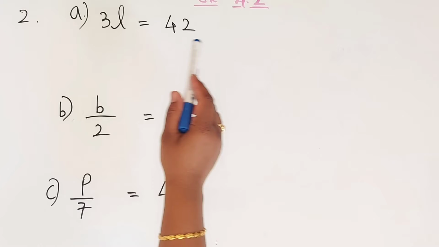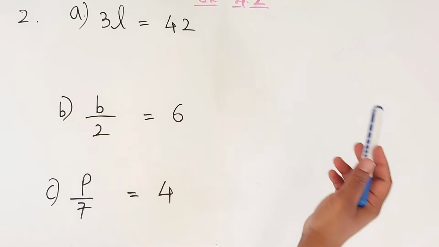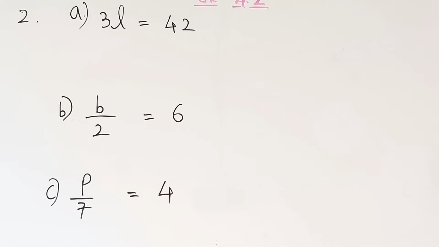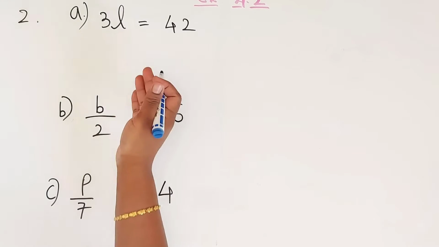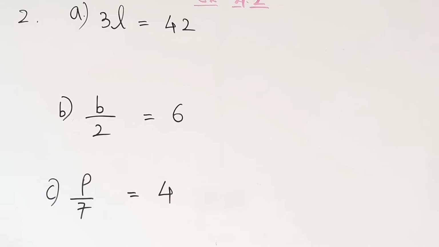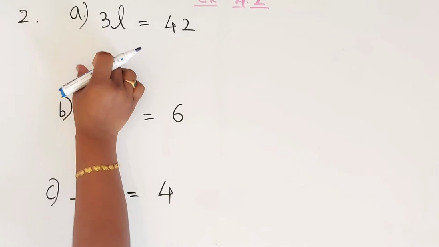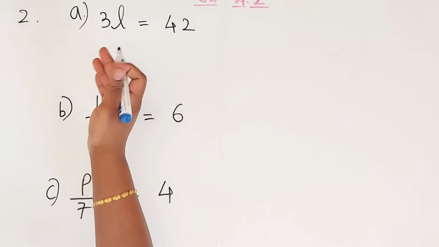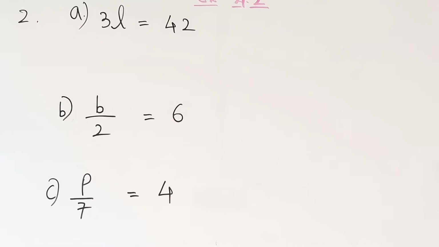Second question children. Give first the step you will use to separate the variable and then solve the equation. Here they have given the equations children. We have to separate the variable, right? That means we have to cancel the constants that are with the variable. Before, the questions were add and subtract. Now it is multiplication and division, right children?